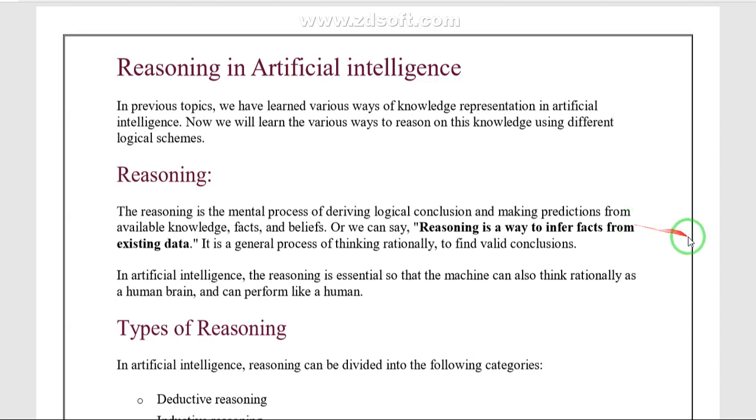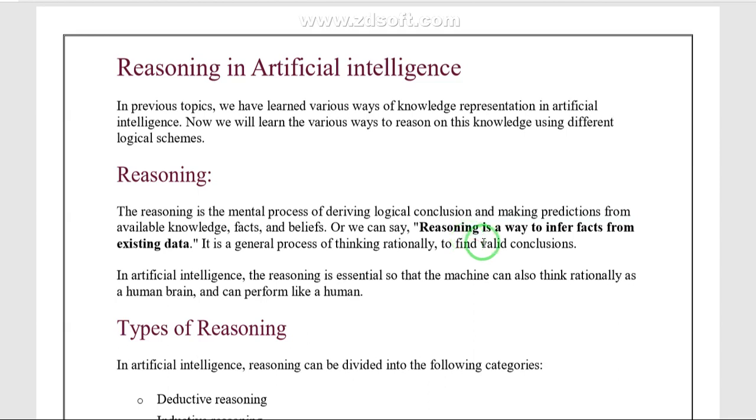Here, reasoning is nothing but a process that generates conclusions from available knowledge. With whatever knowledge we have, we make a conclusion for a particular statement. Reasoning can use two types of techniques: the first is deduction and the second is induction. Deduction is nothing but reducing, and the next technique, induction, is nothing but starting.